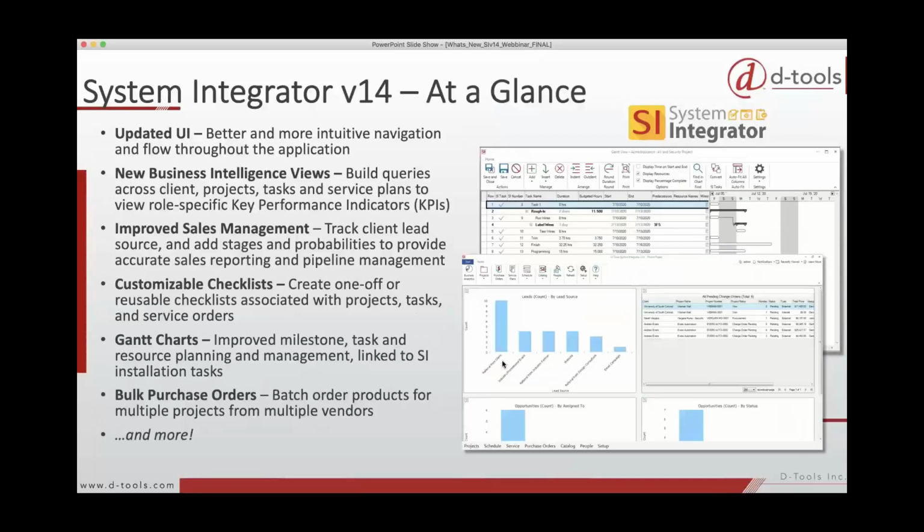So let's take a look at what's new in this version. This release really focuses on adding powerful new capabilities that are specific to project planning and execution while improving the overall user experience. We've updated the UI through new icons and redesigned ribbons and really made it easier to navigate throughout the application. We've improved our business intelligence so that now you can track and measure across clients, projects, tasks, and service plans so that you can really track your KPIs, understand where you are with the business, and